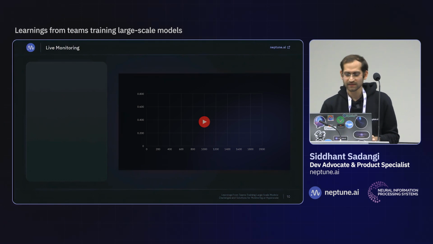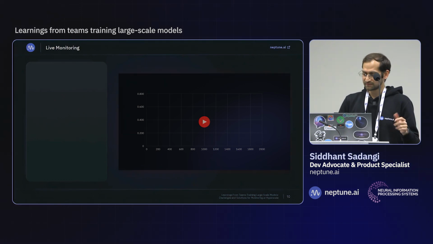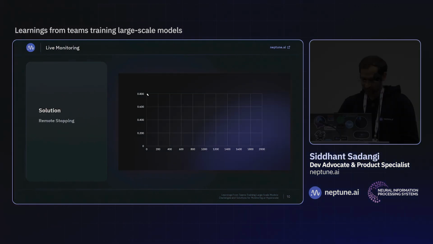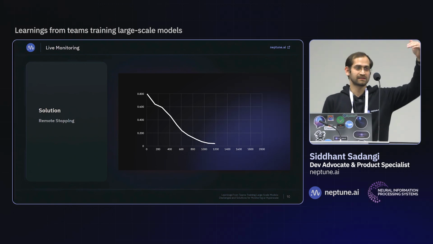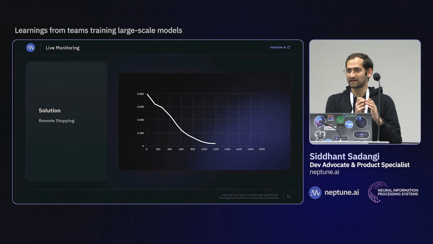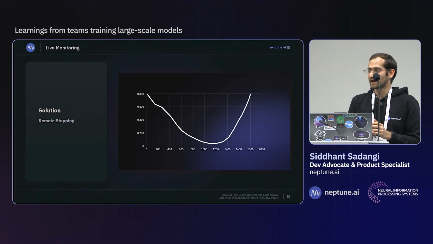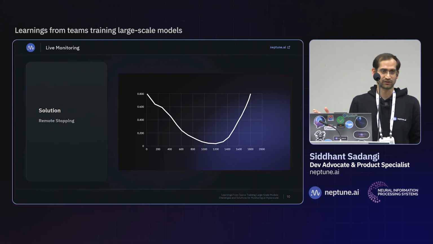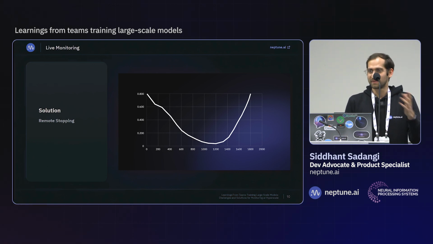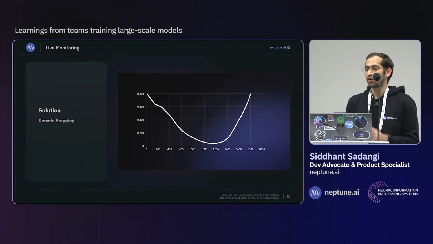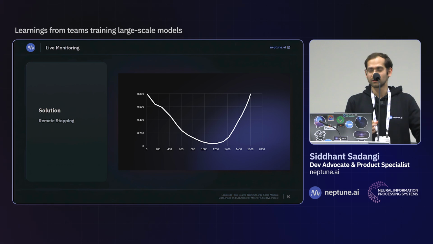Now, coming to another solution that can help cut losses when something goes wrong. For example, you see your loss curves decreasing, and then at a particular time, they suddenly start increasing. You run into some issues. At that point, you basically have two courses of action. You could pray and let the experiment continue and hope that your losses start decreasing further. Or you can cut down your losses, stop your experiment, and then try to